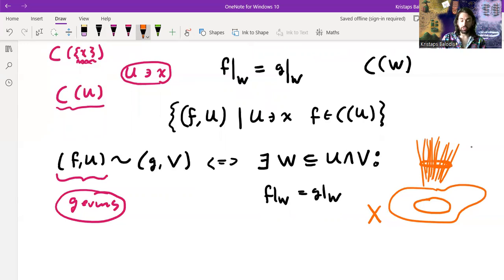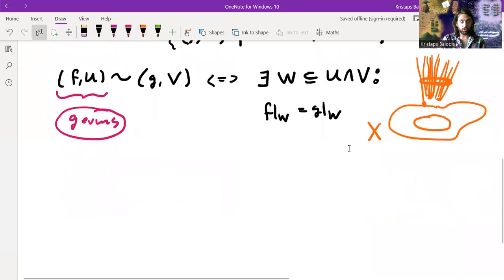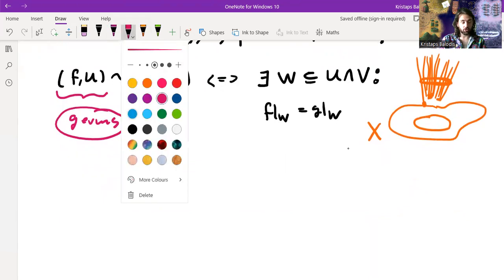And the stalk, just like in a plant of wheat, that's really like the base, right? And the germs are like the little germs of the stalk. I'm not super familiar with the agricultural aspects of it, but they're at the base of these little spindles here. So the germs are the equivalence classes, and the stalk of the sheaf,